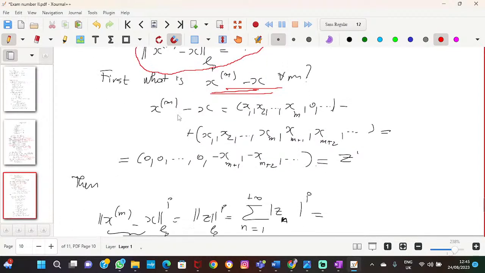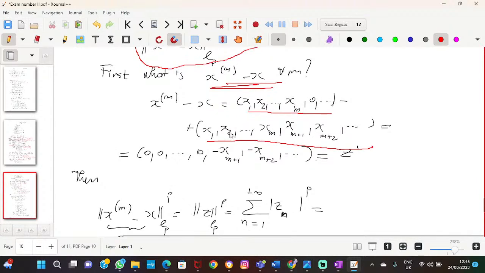Let us compute it. x_m minus x: you write x_m is this, and x is this. So x_m has 0, 0, 0 everywhere from m+1 onward, but x doesn't need to have this property. So it is x1, x2, up to x infinity. We don't know x infinity. So if we do the subtraction, we're going to get